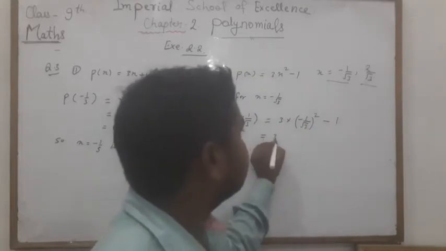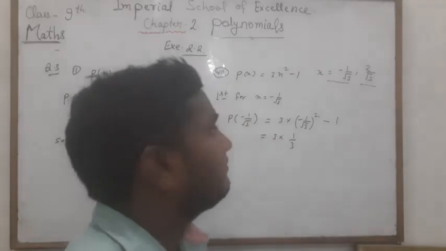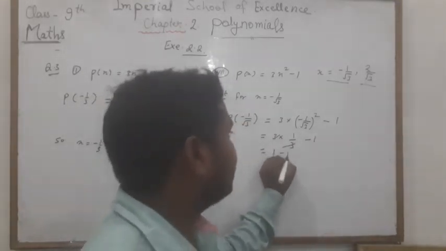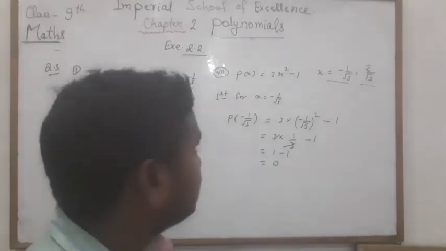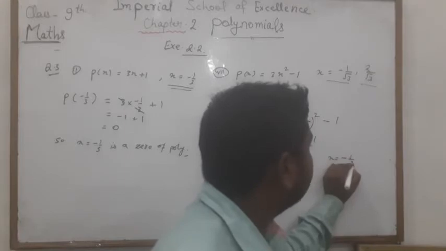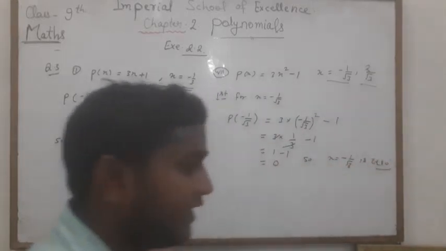तो फाइनली this is 3 into minus minus plus, and this it will become 3 and minus 1. तो finally 3 and 3 get cancelled. This is 1 minus 1 and it will be 0. So x equal to minus 1/√3 is a 0. ओके, सो ये एक के लिए तो कंफर्म हुआ.